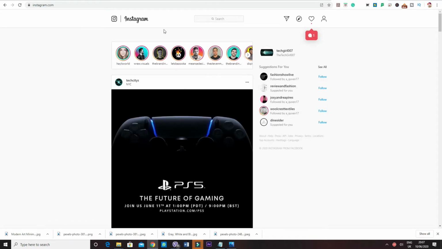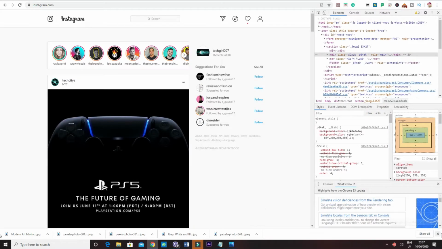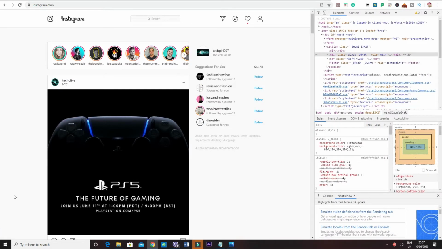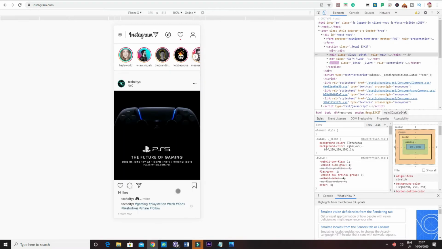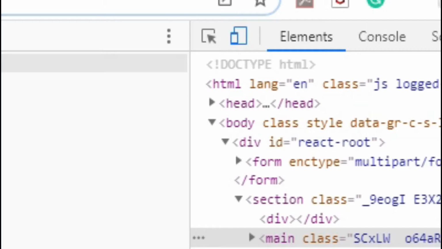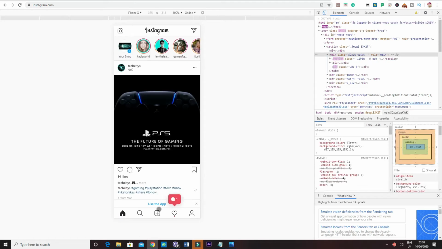So right now I am on Chrome, and to get to this page you click anywhere on the page. It's a right click on your mouse that you do, click on inspect, and then on the right hand side or sometimes on the bottom you should see a window with loads of writing which you don't care about. But the one thing that you do care about is the little icon with the tablet and the phone next to it. It's an icon that you want to click on